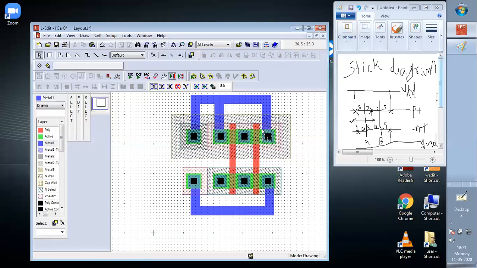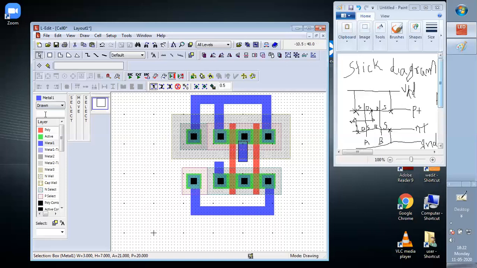So for this, again, I am taking Control V. So now this will be connected over here. And then we have to connect these two.